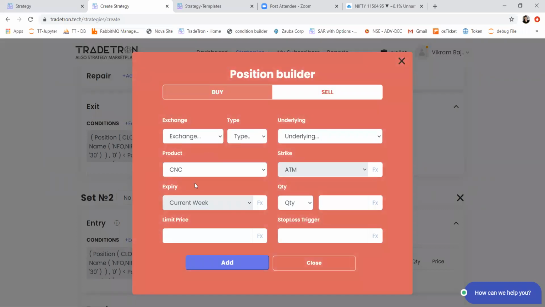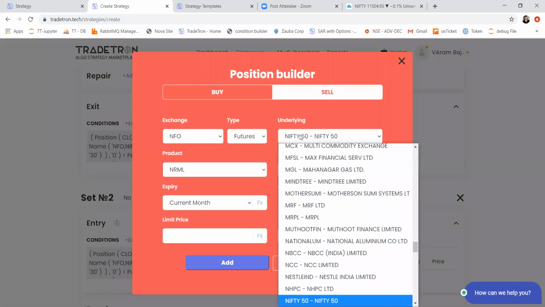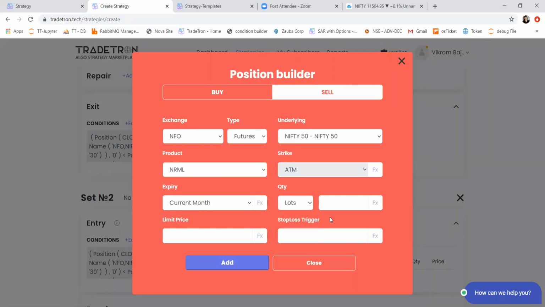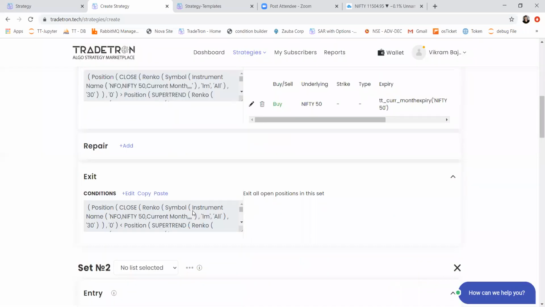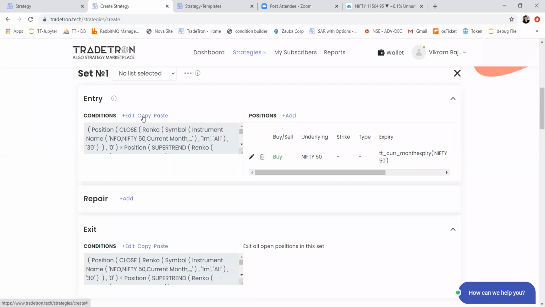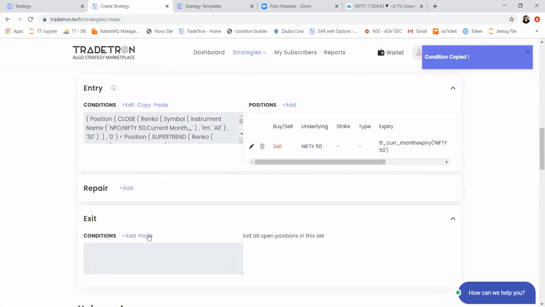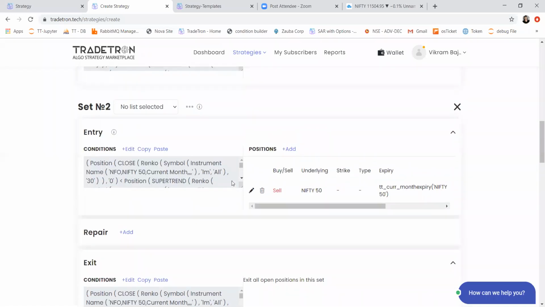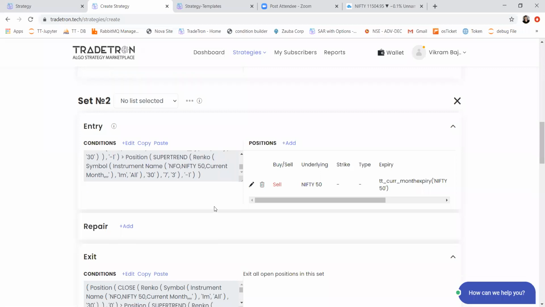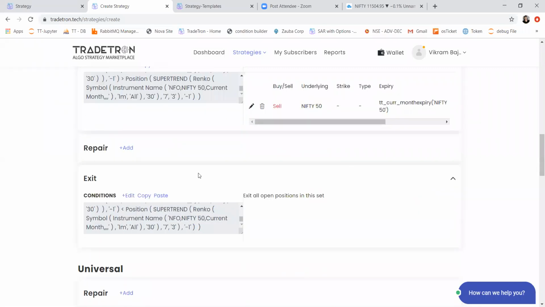And here I can take a short position on Nifty. Lot size as 1 in RMS. And whatever was my entry condition for set 1 will become my exit condition for set 2. So this strategy will be in a continuous state, either long or short. So as soon as it gets a long exit, it will enter a short entry position. So either set 1 or set 2 will always be in trade. Okay. So this is our condition.